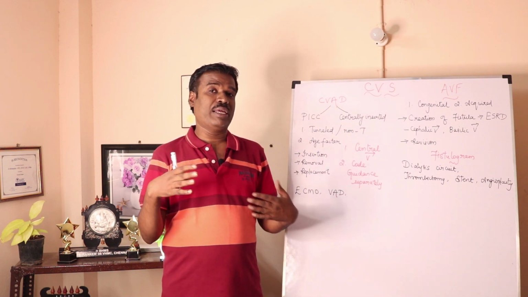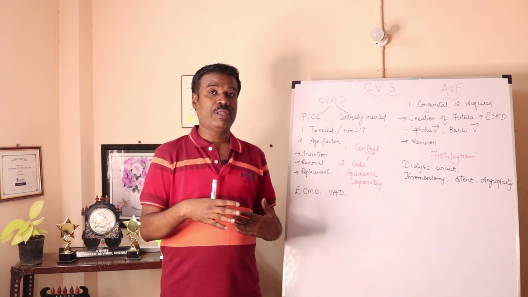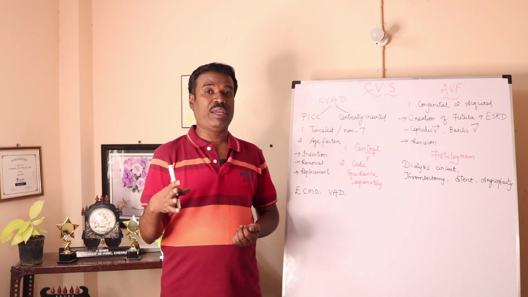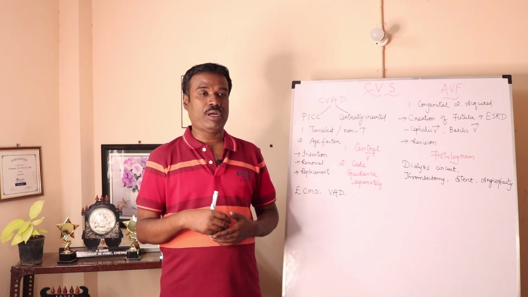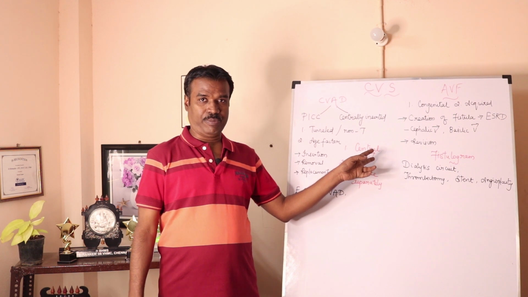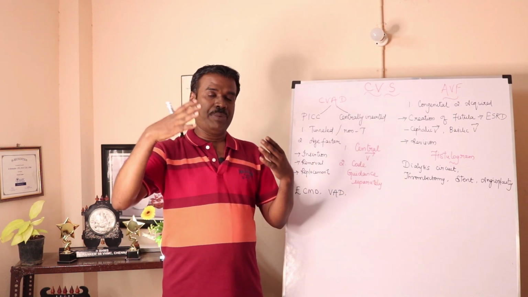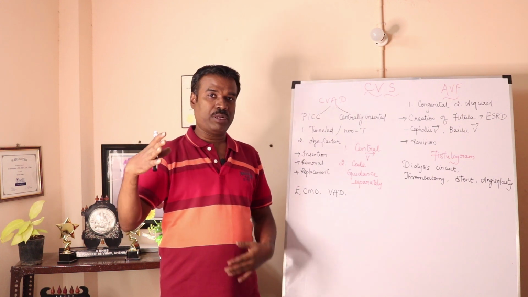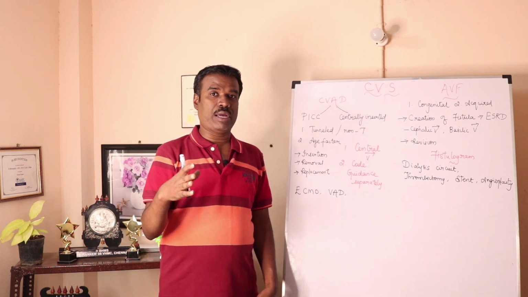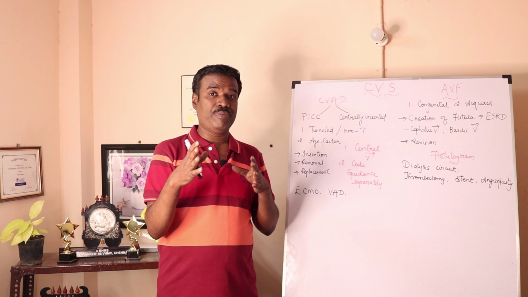Why are they accessing a central vein? What forms a central vein? We should know all that. So what is a central vein? Any vein right from the brachiocephalic vein or the superior vena cava or into the right atrium constitutes the